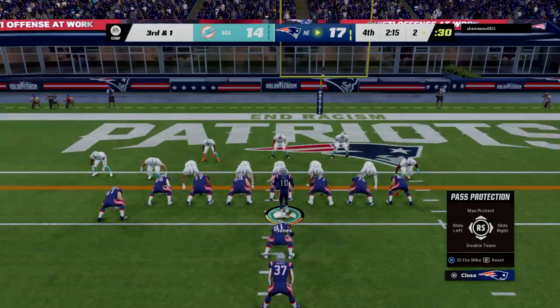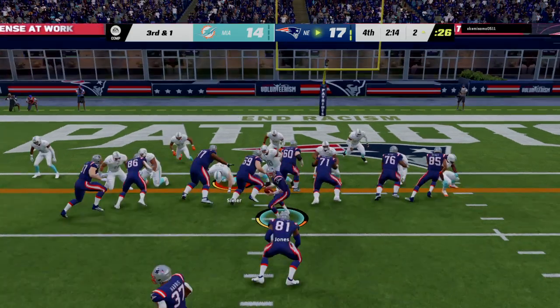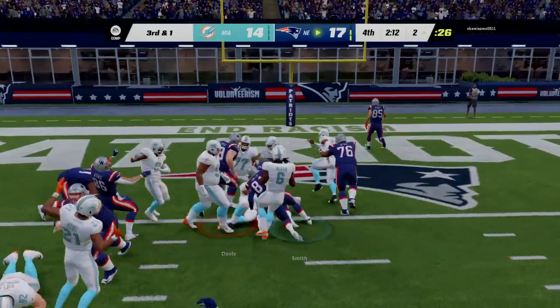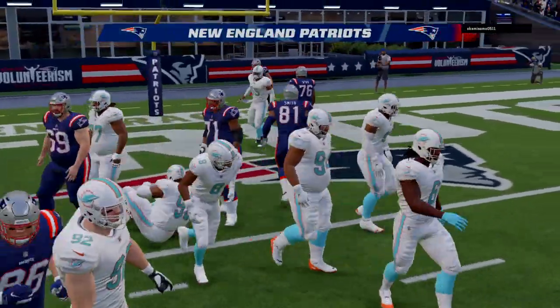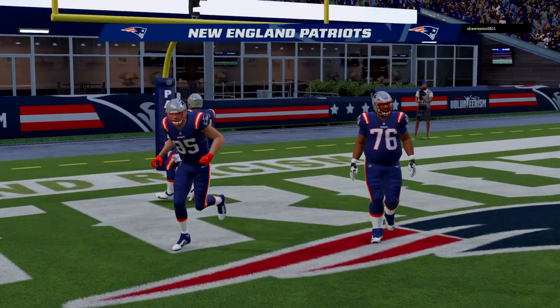Here we go, 3rd and 1. Gut check time on both sides. Oh, now a running play here with Smith. And he is in. Touchdown, New England. Jonnu Smith